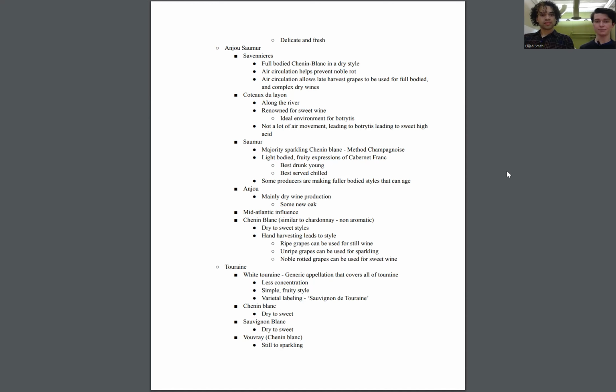Finally, we have Anjou of the Anjou-Saumur. Mainly here we'll see dry wine production, and there's some usage of new oak here. Overall, in the region of Anjou-Saumur, you'll have a mid-Atlantic influence. And like I said, big grape here, Chenin, with dry to sweet styles, and your hand harvesting can also influence the final sweetness of the wine. And we talked about all this stuff, so we can move right on to